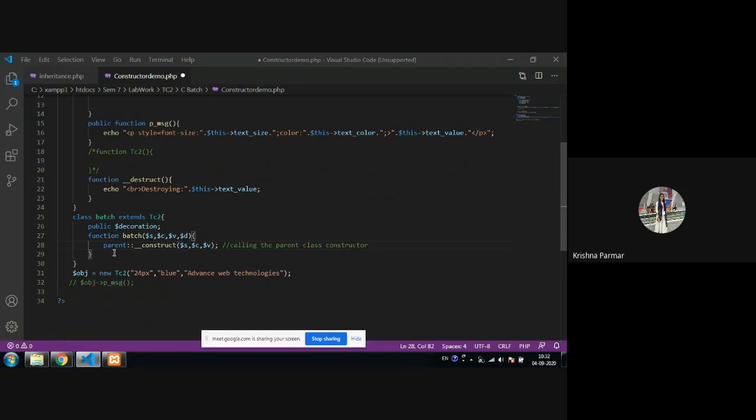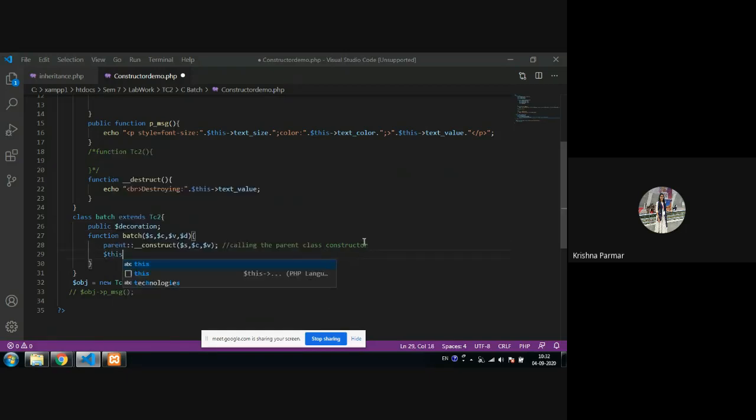This way you explicitly call the parent class constructor, because whenever you are going for inheritance and you create the batch class, that is your child class constructor, you cannot directly call the parent class constructor. That's why we are explicitly calling the parent class constructor using this syntax. Now, one parameter is remaining to initialize, that is my own property, the decoration.